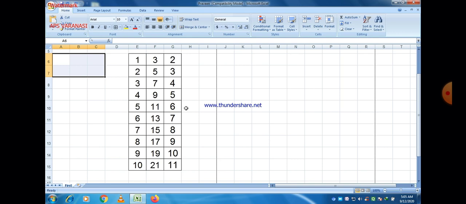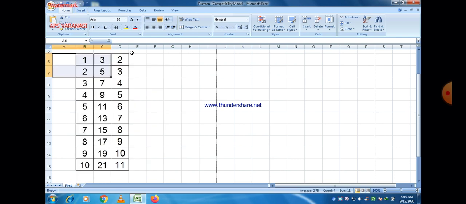That value should be added in that case. Now let us see again. First of all, equal sign, then select the cell address, then apply the operator, plus operator, and then press the tab key on your keyboard, and the answer is there.